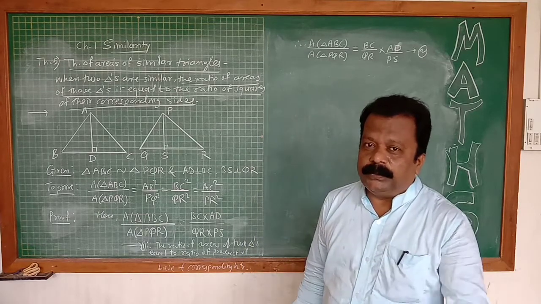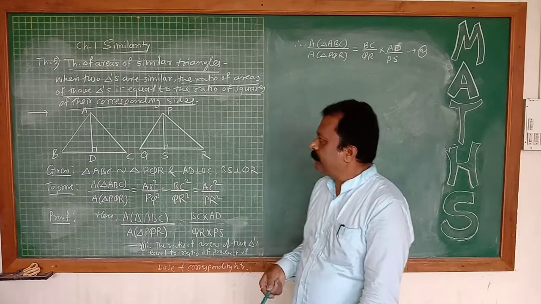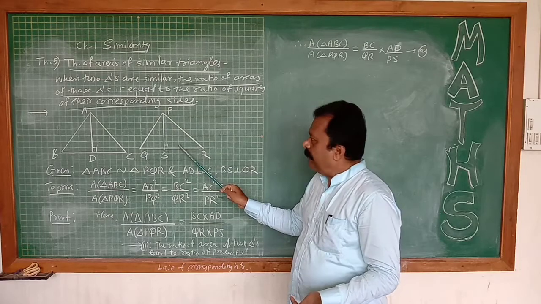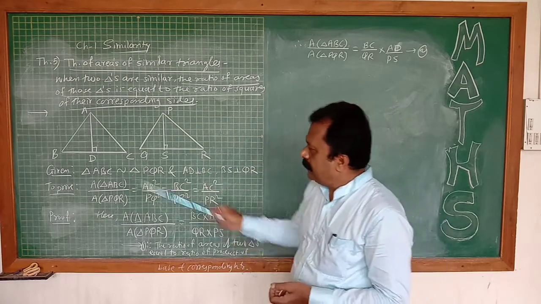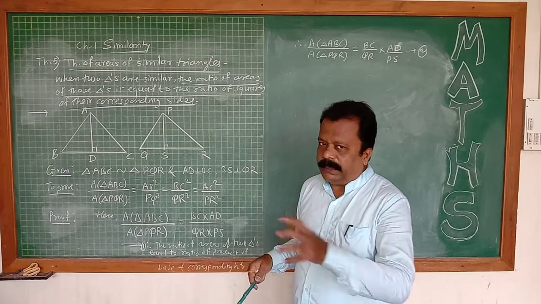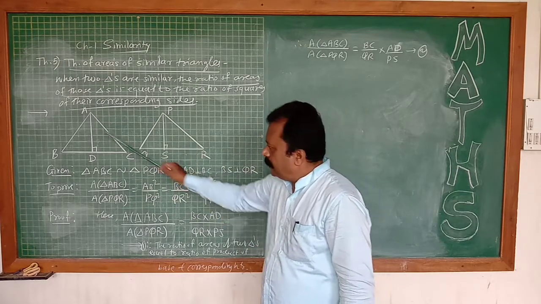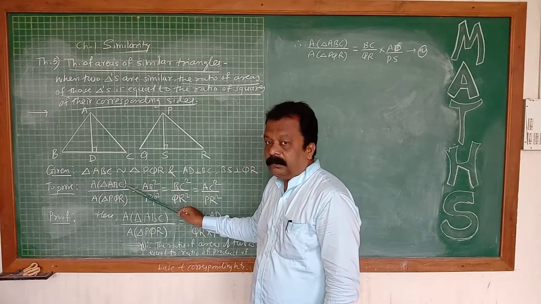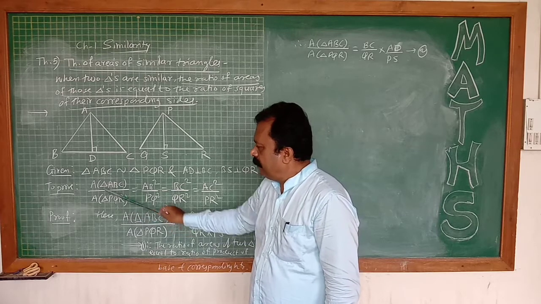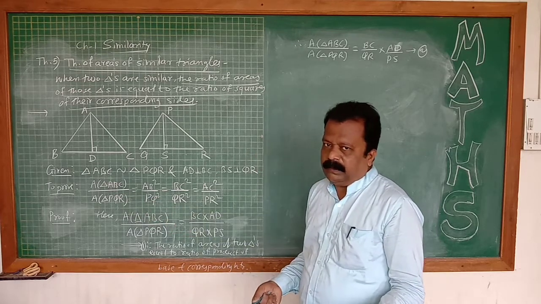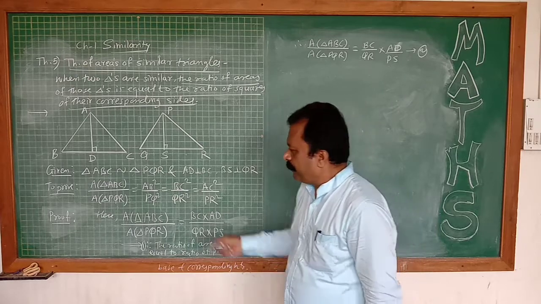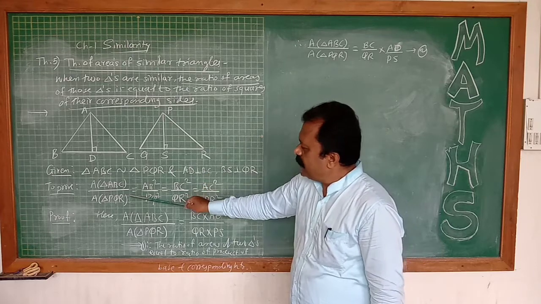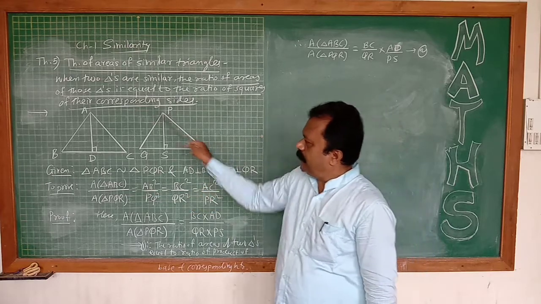Now, what do you have to prove? In mathematical form, you have to write the ratio of the areas of the triangles we have drawn. Take the ratio of the areas: area of triangle ABC and area of triangle PQR. First divided by second. The first triangle is ABC, the second is PQR. So the area of the first triangle divided by the area of the second triangle. The ratio is division: first term divided by second term. Area of triangle ABC divided by area of triangle PQR is equal to the ratio of the squares of their corresponding sides.